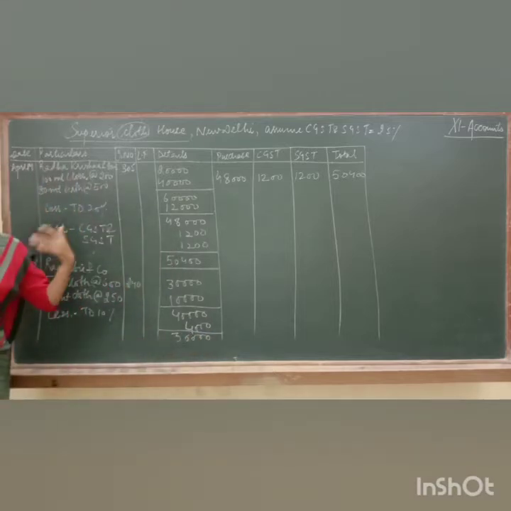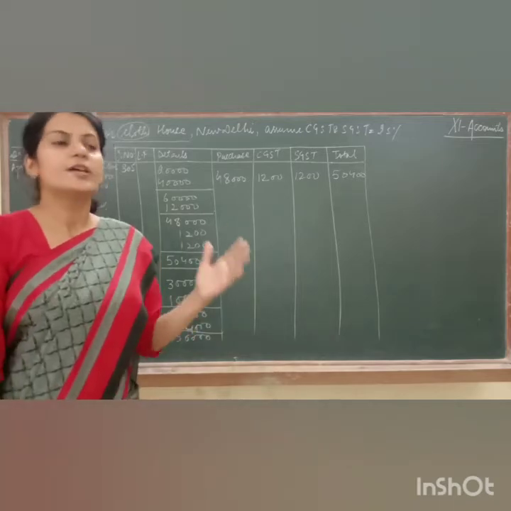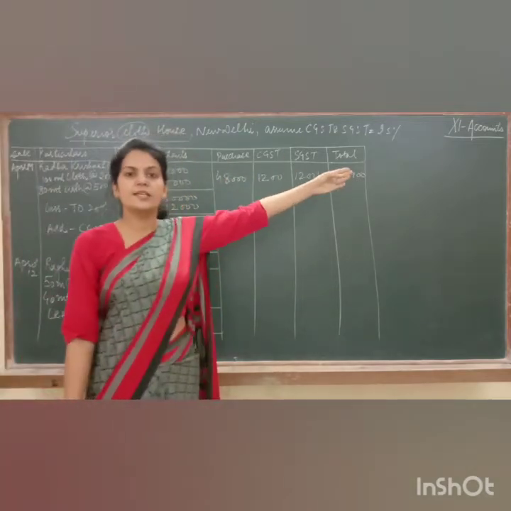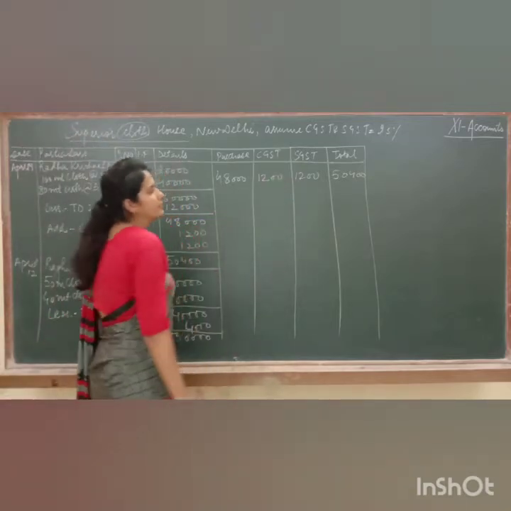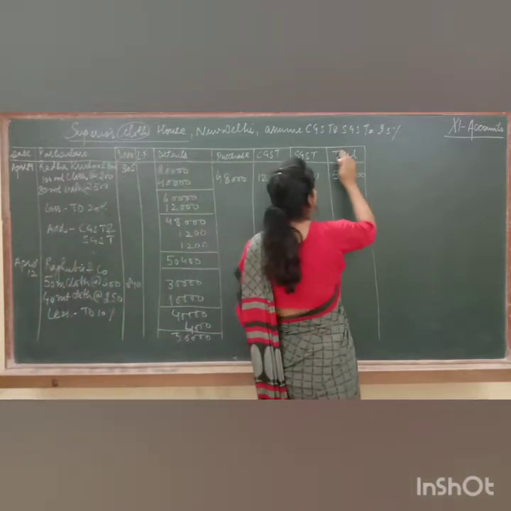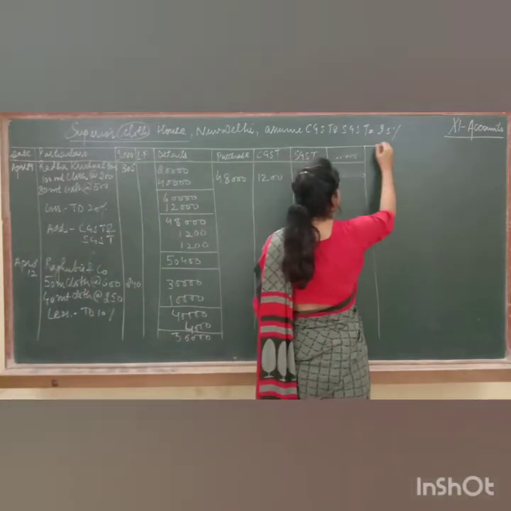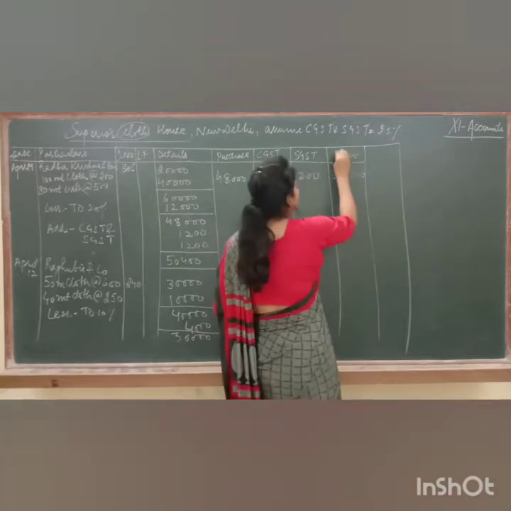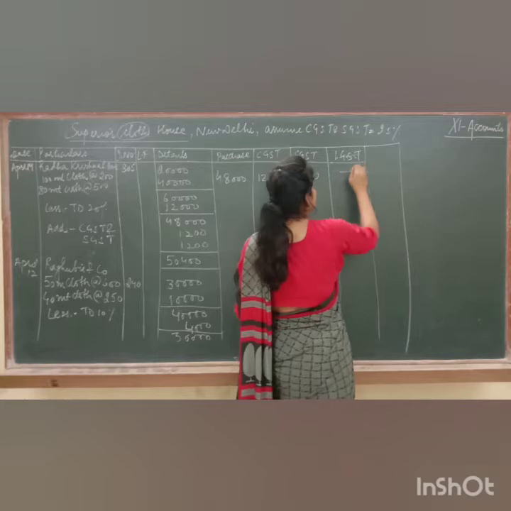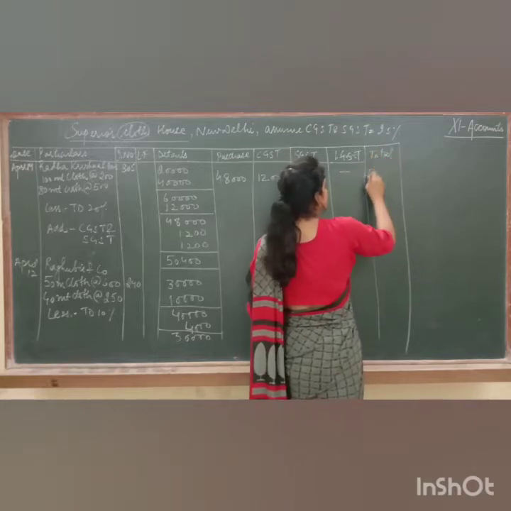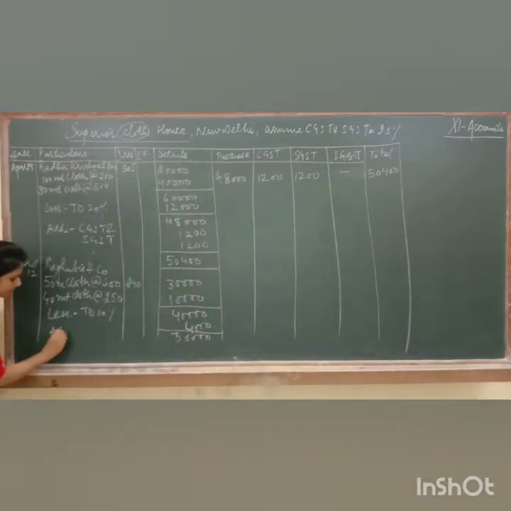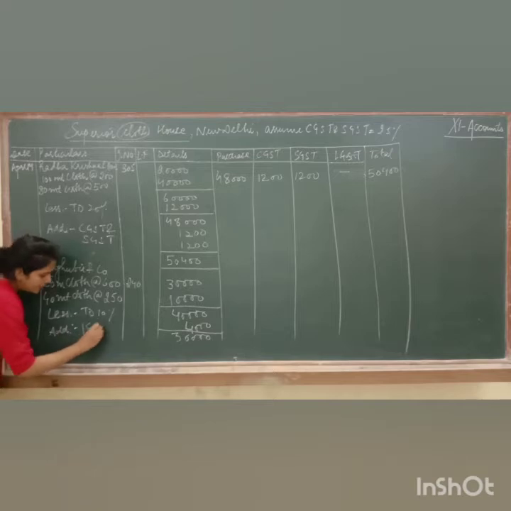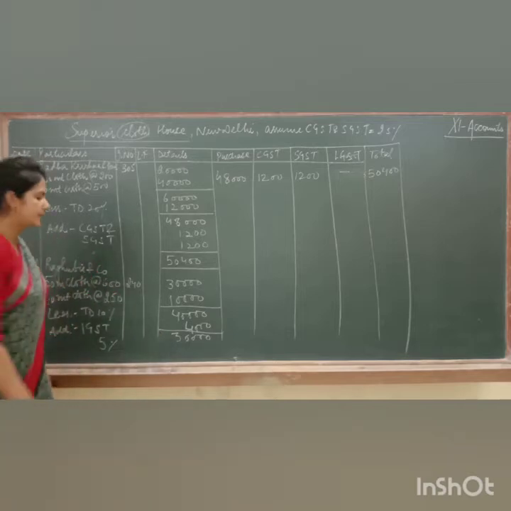Now, as we have purchased goods from some other state, the Kanpur is in UP, no? So it means instead of CGST and SGST, we'll be writing IGST. So what you have to do? You have to make one more column here. Fine. Just draw one more column here, IGST. Now add IGST. IGST would be 5%. So 5% of 36,000 is 1,800.